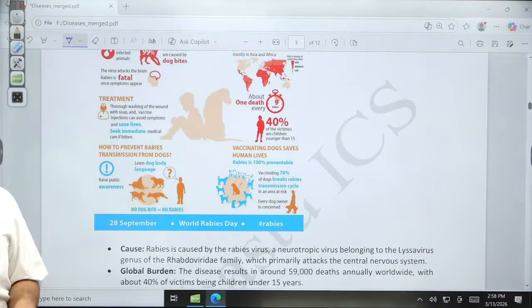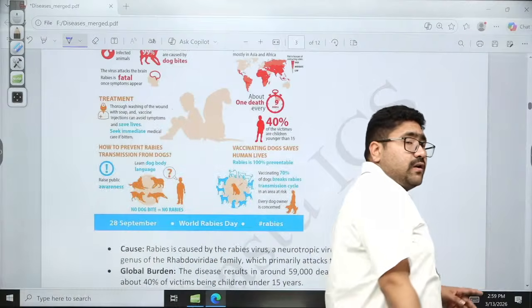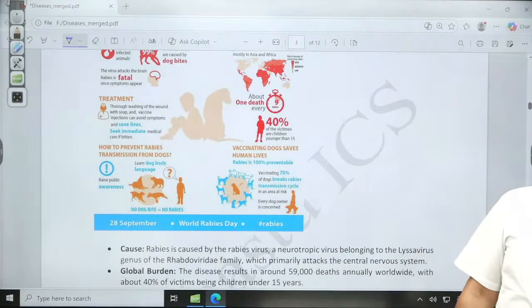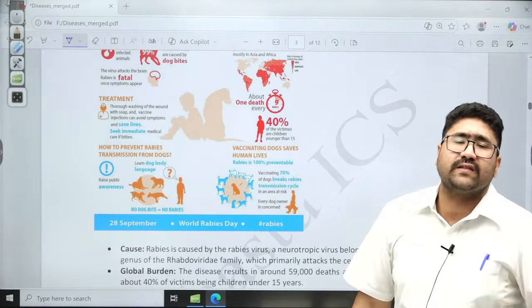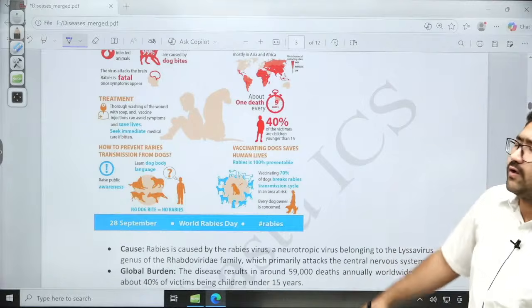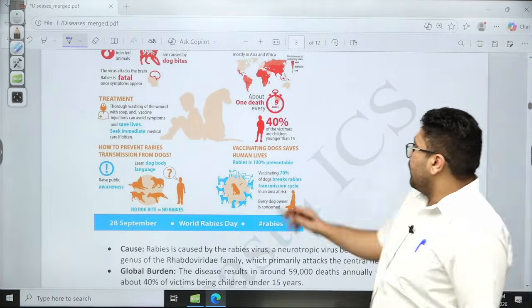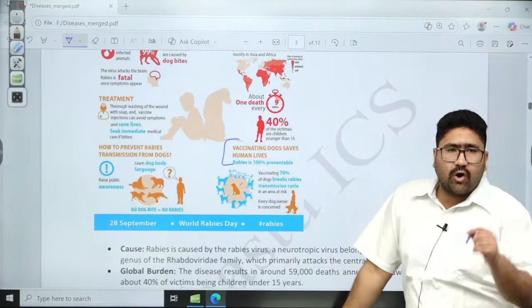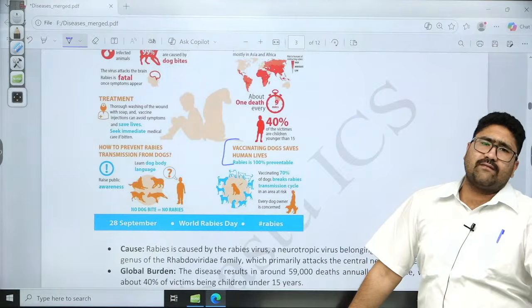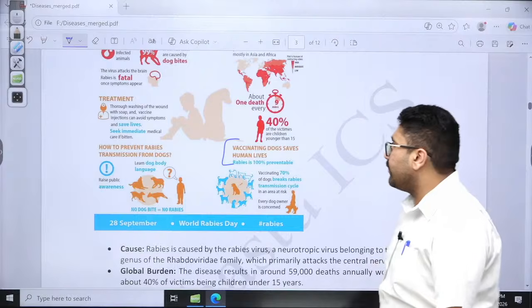Please understand, rabies is a disease which can cause deaths. It is not any casual disease from which no fatalities can occur. Since fatalities can occur, it becomes essential to have quicker medical intervention. Vaccinating dogs saves human lives. Yes. So if the dogs are either neutered or vaccinated, that can also help in preventing the spreading of diseases.